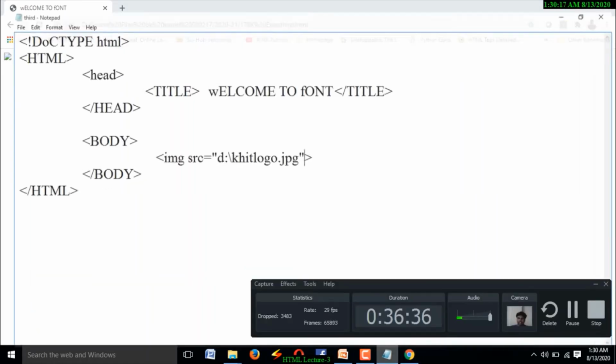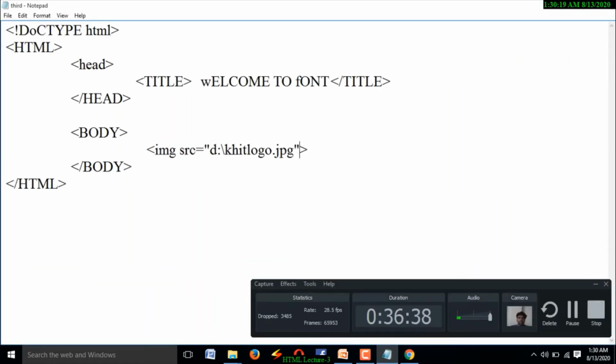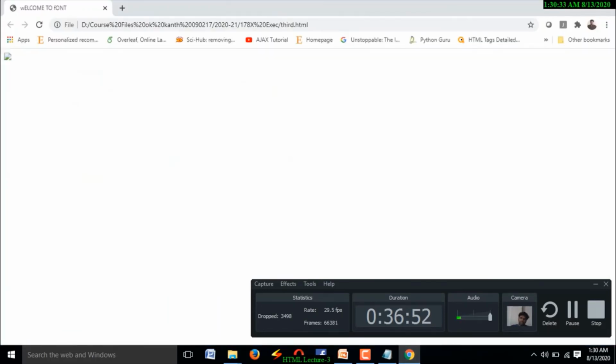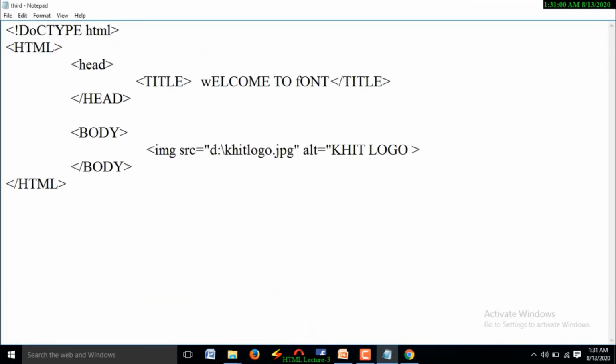Because of that reason, here we provide an alternative text. Hope you understood the importance of alternative text. It is KHIT logo. And coming to the height and width, observe, suppose the image is available. Observe this, image is available.